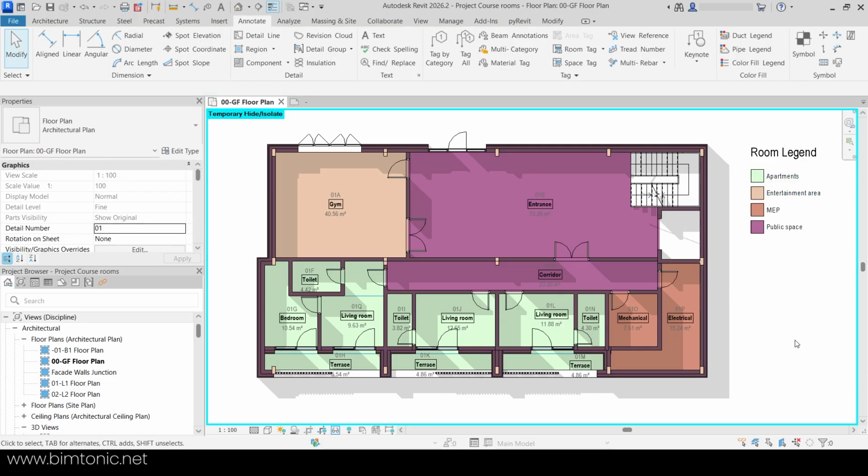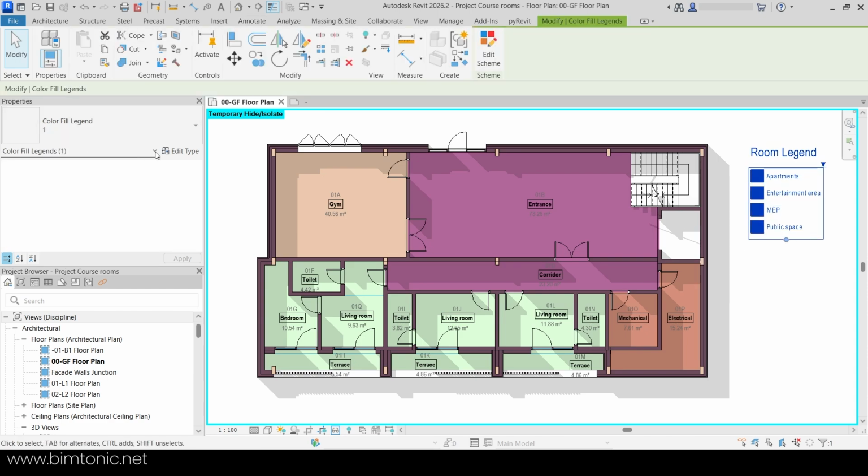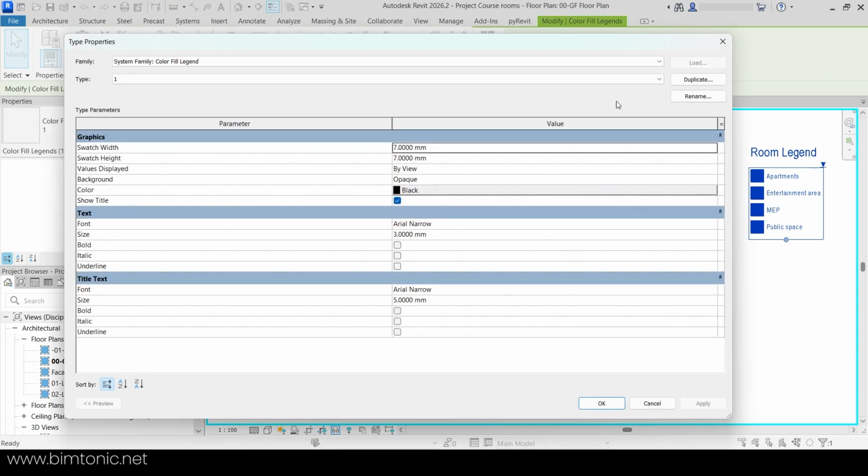reads all the values from your color scheme, and you can also customize it to look different by simply clicking it and then going to Edit Type. Here you can either duplicate this family or you can modify this one. For example, you can change the size of these rectangles, let's say 4 by 4, and the next option you